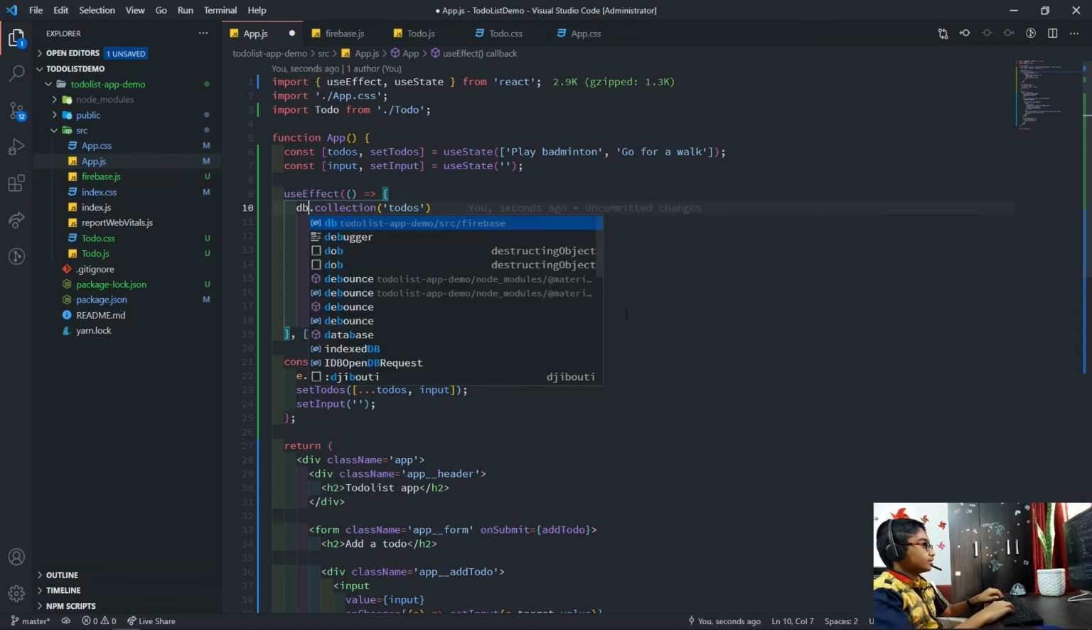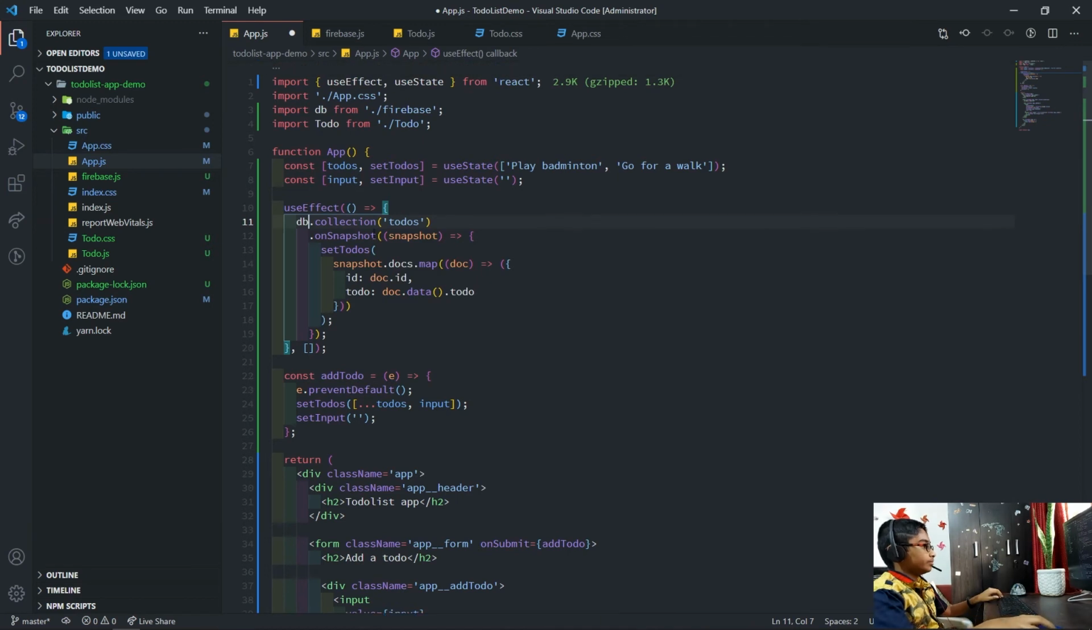And here we will just go ahead and import the db. So just control space and import it. What we're basically doing here is just going ahead and accessing the db, and we're looking for the collection called to-dos. And inside of that, we're getting onSnapshot. So whenever something changes inside of the db, it's going to give us something called a snapshot. And what we're doing is just setting the to-dos to